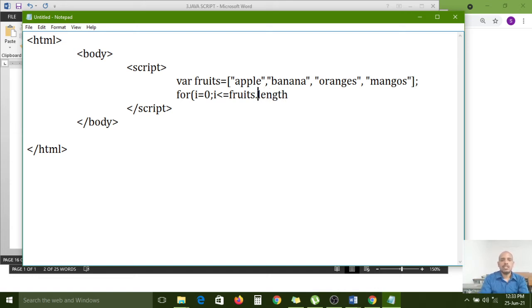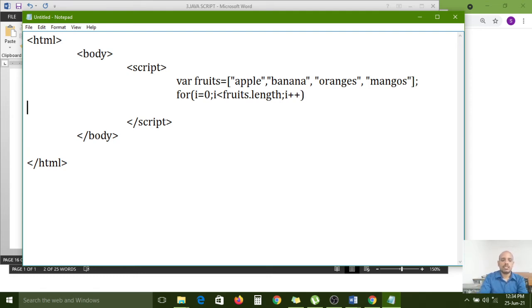Fruits dot length means how many elements we have in the fruits: 1, 2, 3, 4. So that 4 we can pass here. The condition is replaced with the value 4: I less than 4. The length keyword finds out the length of the fruits array, that is, how many elements we have in it, and it places that here. Now I plus plus.